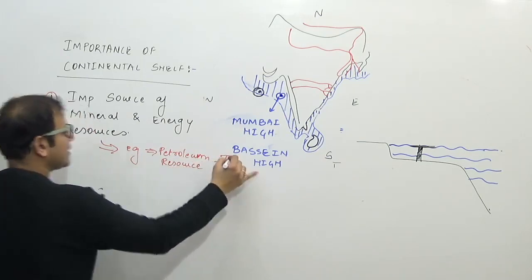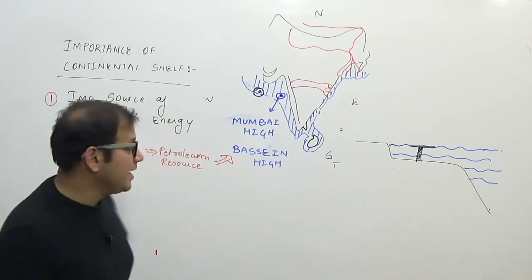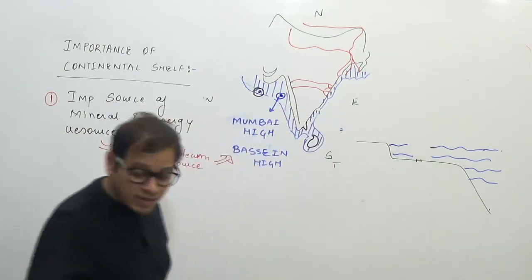Example, in India, these are the two largest producers of petroleum resource in India. The second is, forget about the petroleum resource now. The second is,